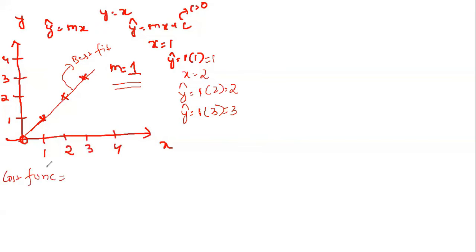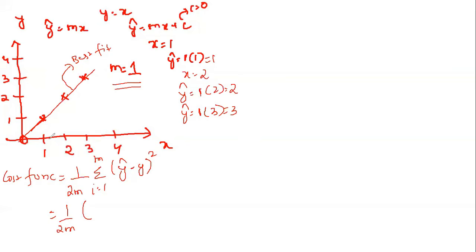Guys, remember, I have already discussed the cost function, and the formula is something like 1 by 2m summation of 1 to m, y hat minus y whole square. So this particular value, I have to reduce it, I have to find out this error and try to reduce it. Now what I'm going to do is that I'm going to equate this, and suppose for the summation, first of all,